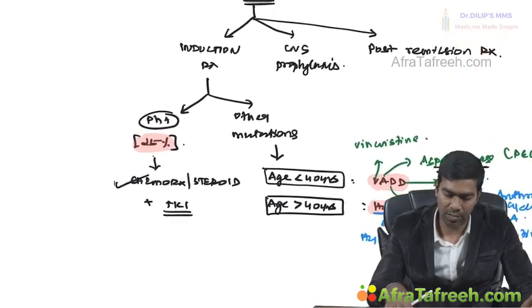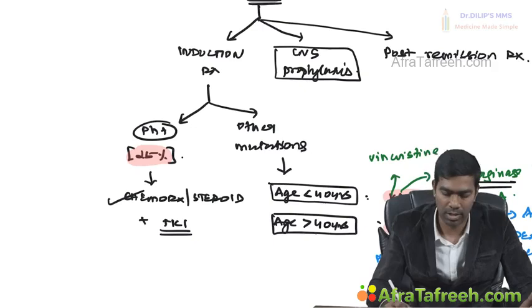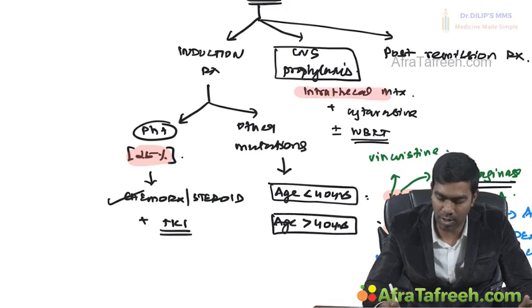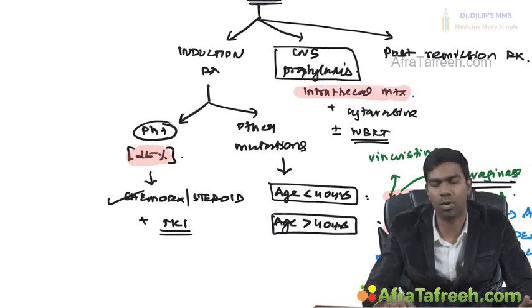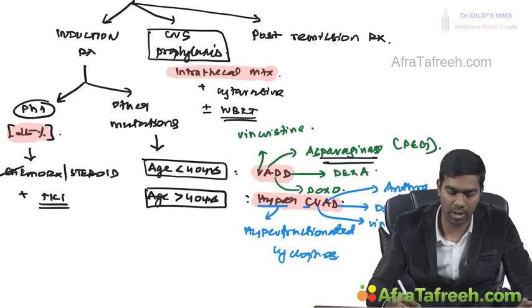Then the second thing I want to tell you about is CNS prophylaxis, because in any ALL patient CNS prophylaxis is mandatory. I already told you in the basics of leukemia that I am going to give intrathecal methotrexate plus probably cytarabine. You can write it as Ara-C also. Plus or minus, I can give whole brain radiotherapy, that's called WBRT, whole brain radiotherapy or cranial irradiation. But in the exam, commonly what they are going to ask is intrathecal methotrexate as a very important component of CNS prophylaxis in many tumors, especially for ALL.